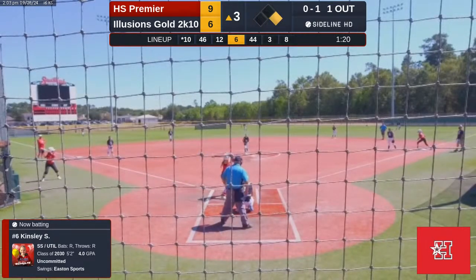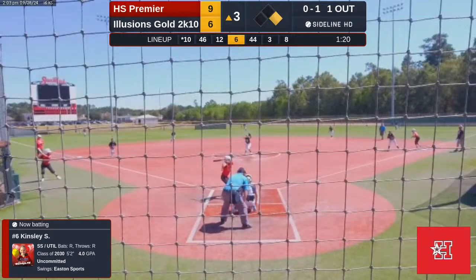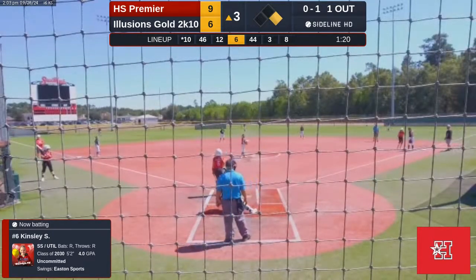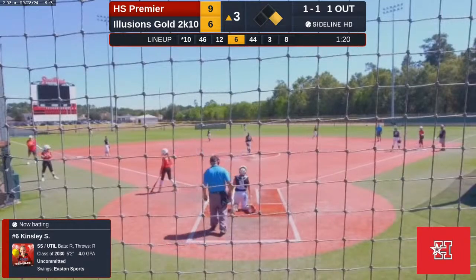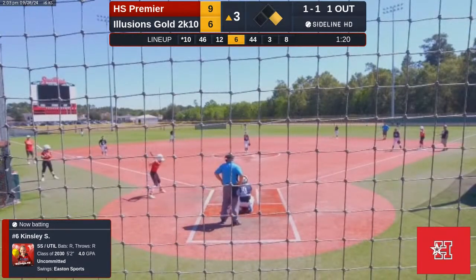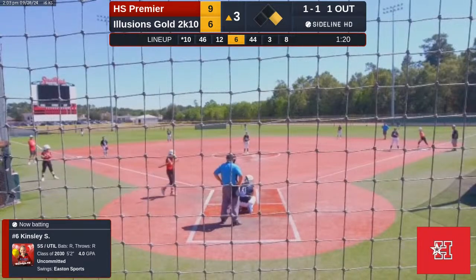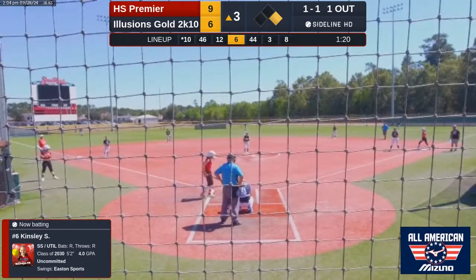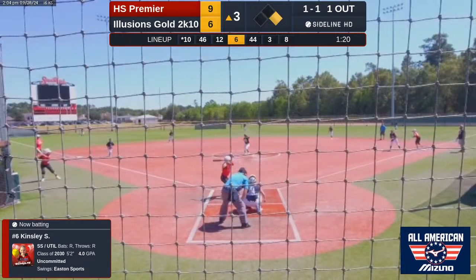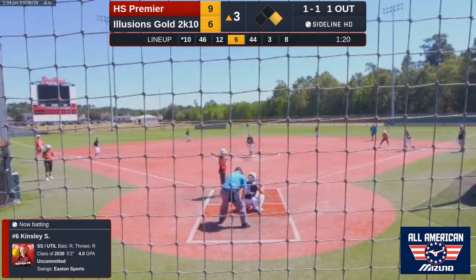Kinsley Schulte's your batter. That first pitch was a strike. Abby Beceda at first base is down 1-1. Kinsley singled into center field in her last at bat. Walked in her first at bat, so she's 1 for 1 on the game. She walked and struck out in the first affair this morning. Pitch is up and away, ball 2.